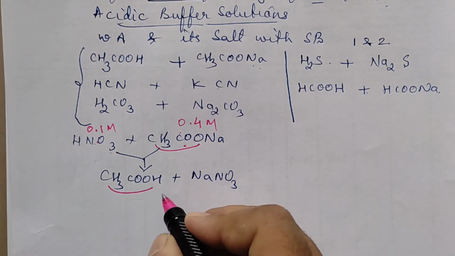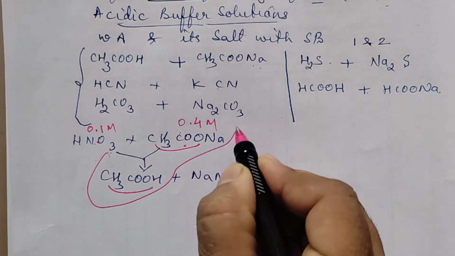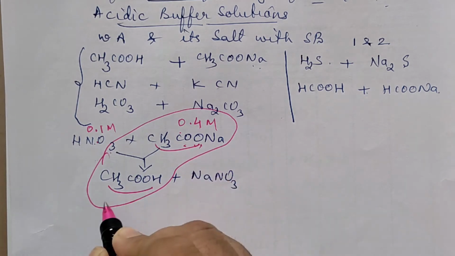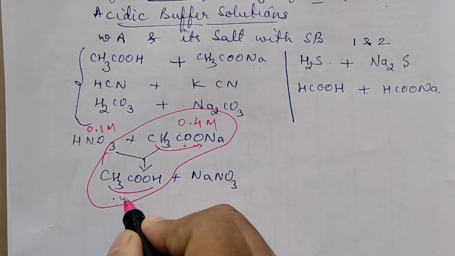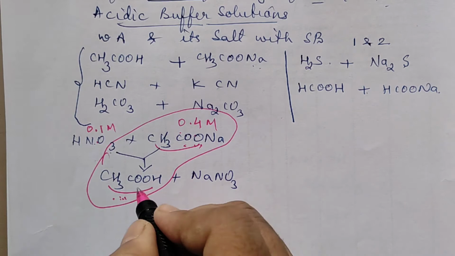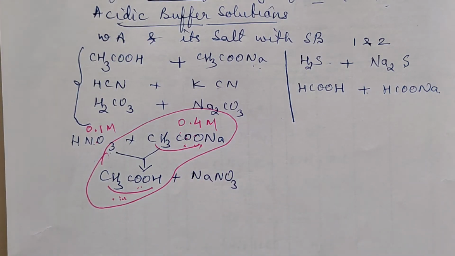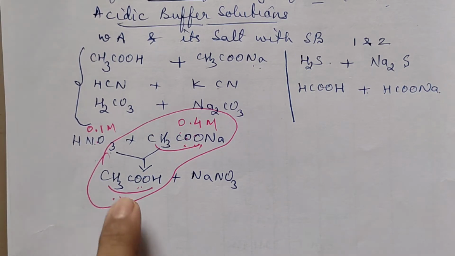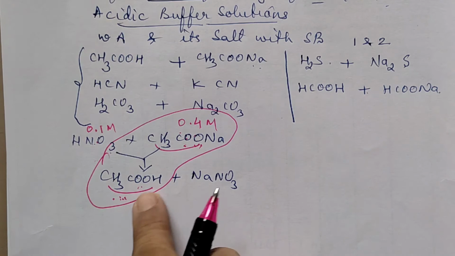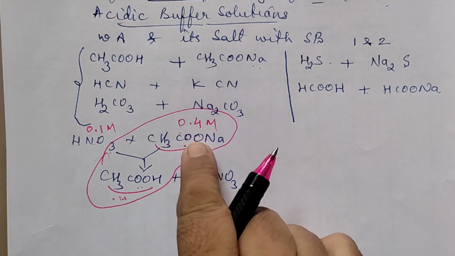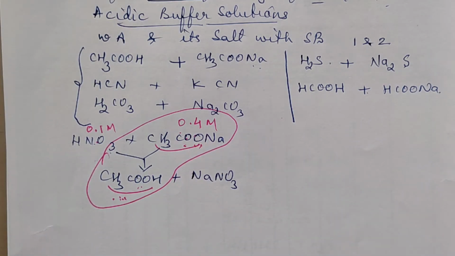So what you are getting on the product side, we are getting these two left over. This will be the remaining reagent, plus this you are getting as the product also. Okay, so this combination can act as a buffer solution. So these are certain examples where the product is formed which can be considered as a buffer solution with the reactant which is taken over here.